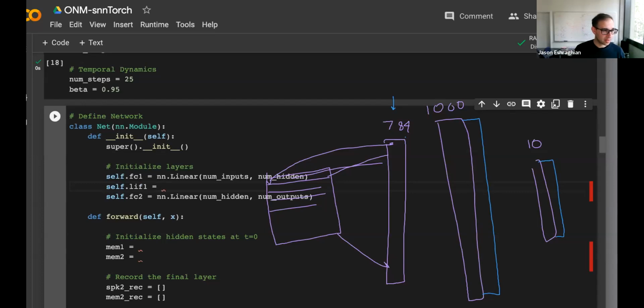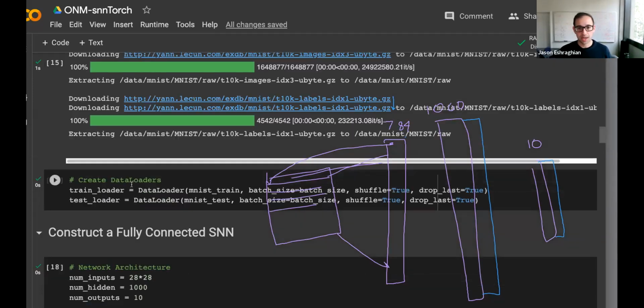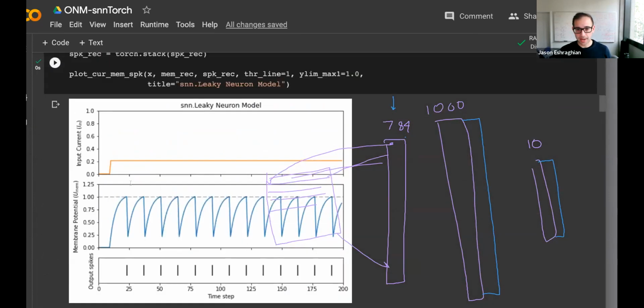Now the question, do we need to convert our raw MNIST image vector to a spiking one? The short answer is no, right? It doesn't need to be 1 or 0 because spiking neurons can accept continuous current values. And in a way, I showed that over here, right? So my input current was 0.2 rather than 0s and 1s.